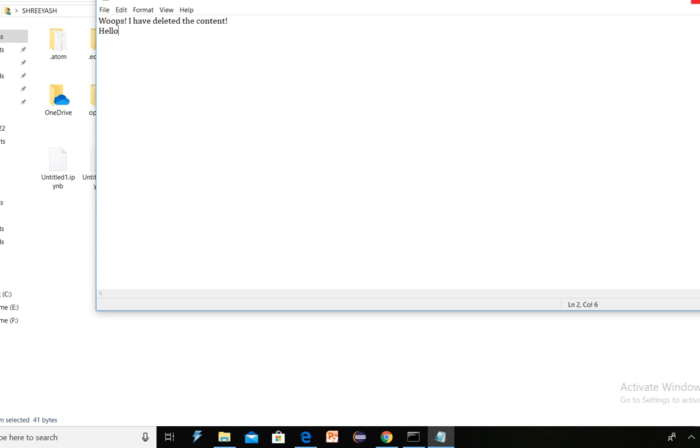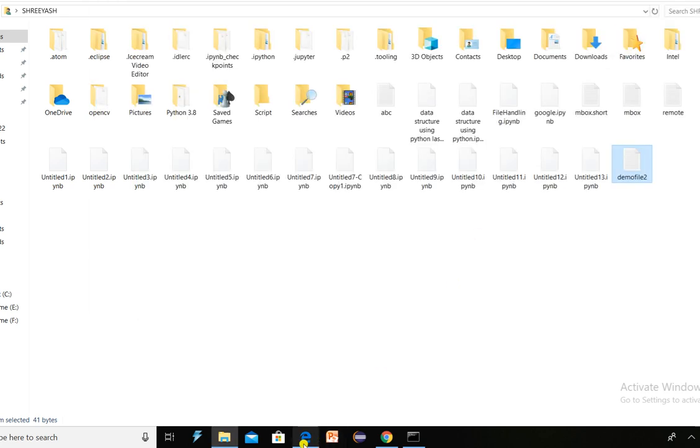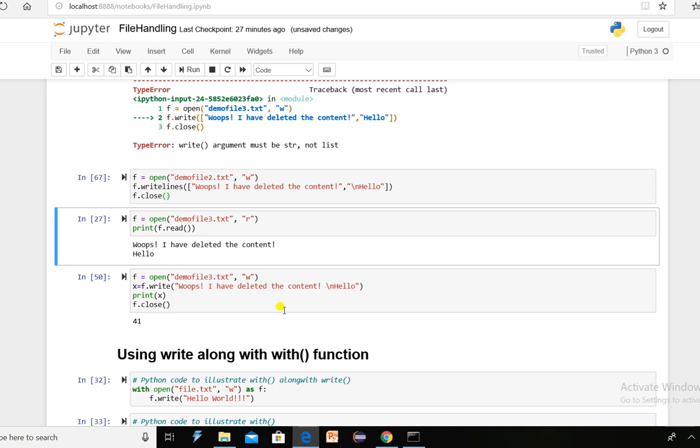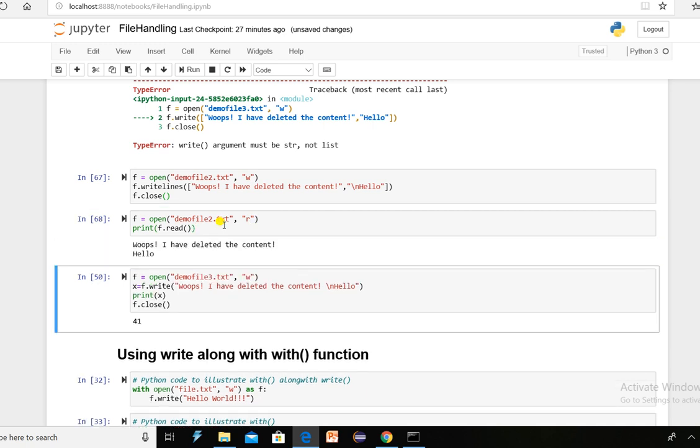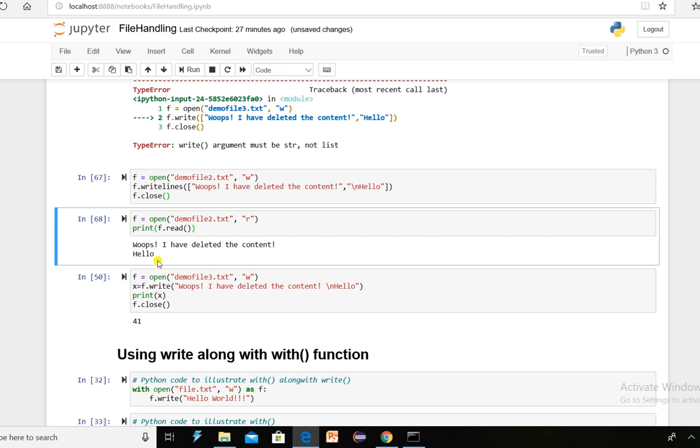Then if I open this file in read mode and read the contents, it will give me the same contents: "oops, I have deleted the file" and "hello."